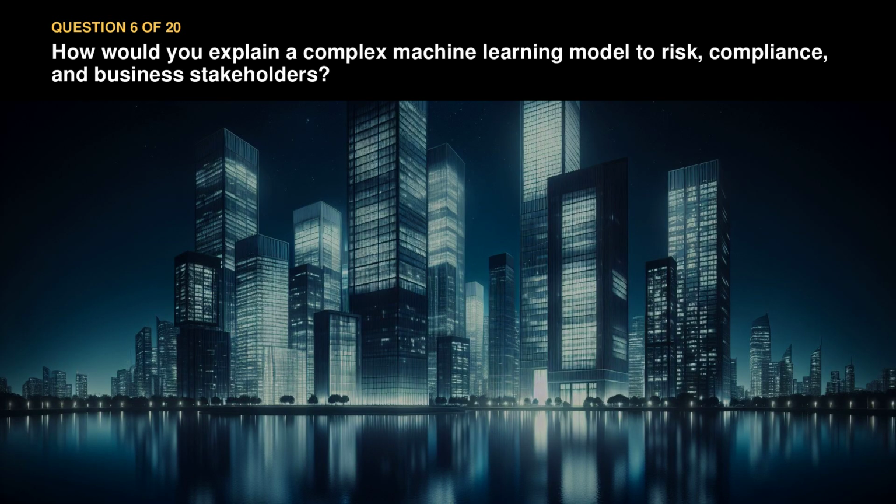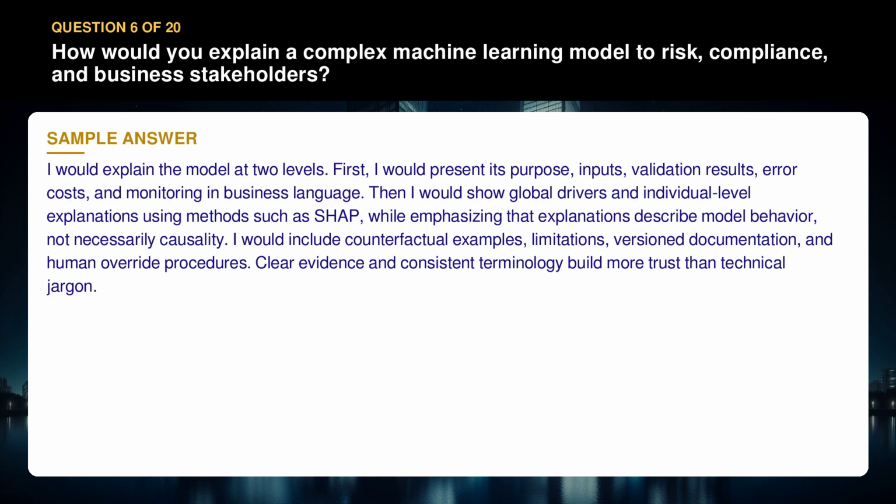Question 6. How would you explain a complex machine learning model to risk, compliance, and business stakeholders? I would explain the model at 2 levels. First, I would present its purpose, inputs, validation results, error costs, and monitoring in business language. Then I would show global drivers and individual-level explanations using methods such as SHAP, while emphasizing that explanations describe model